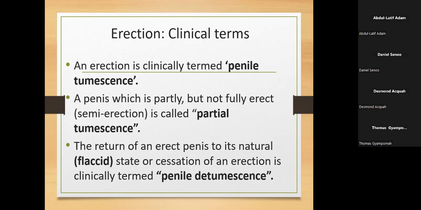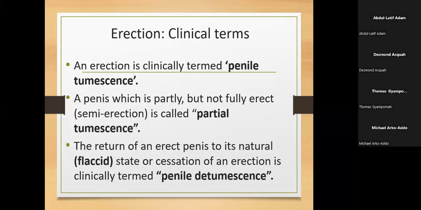Sorry. So we're saying that tumescence is erection. If it becomes detumescence, the prefix de- means removal. So dehemoglobinization is removal of hemoglobin, and deamination is removal of amines. If you do a little bit of medical terminology, these are things that you know easily.